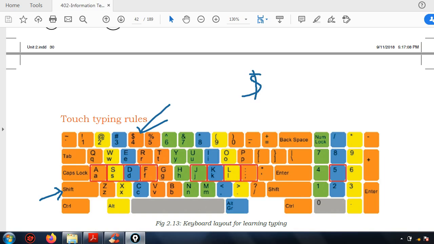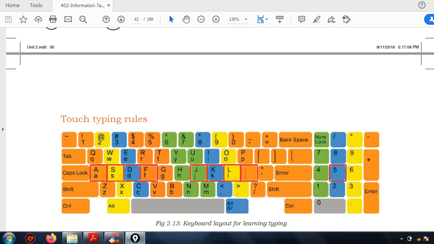If I want to type the and symbol, I have to press this shift key, and with that press this 7, and then it will be typed. Like this. Understood?